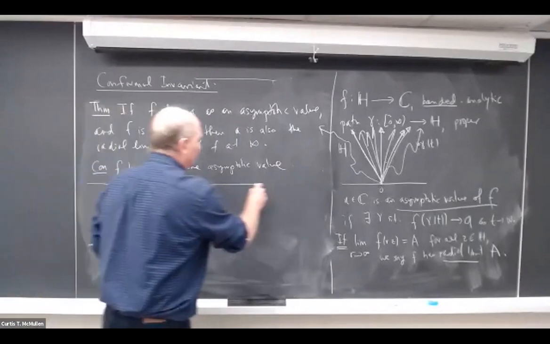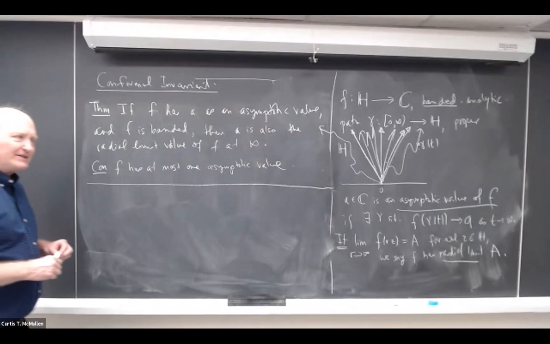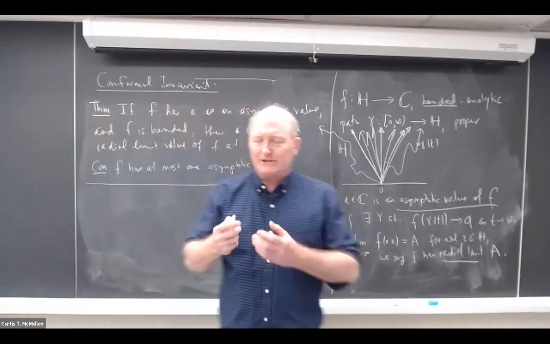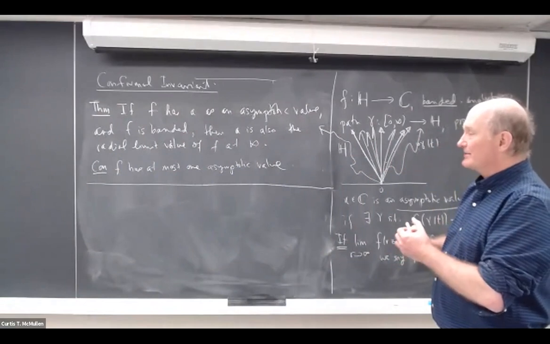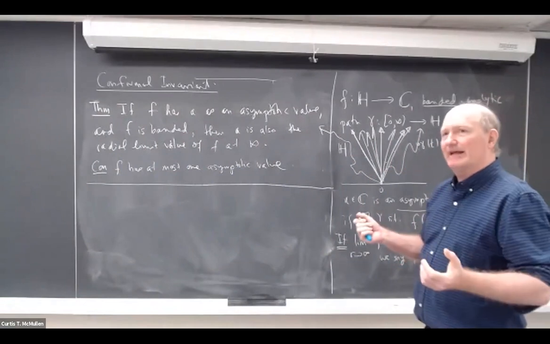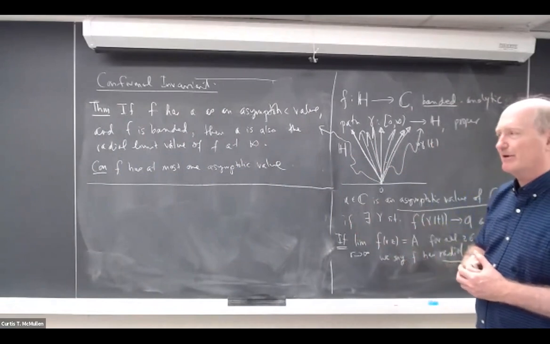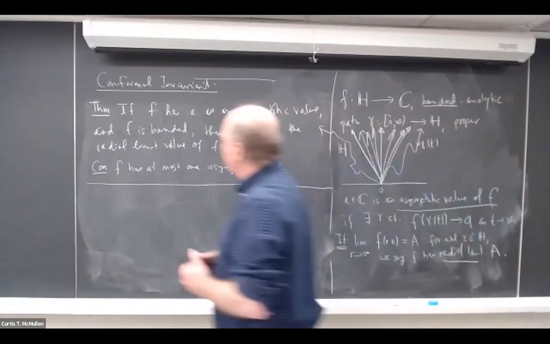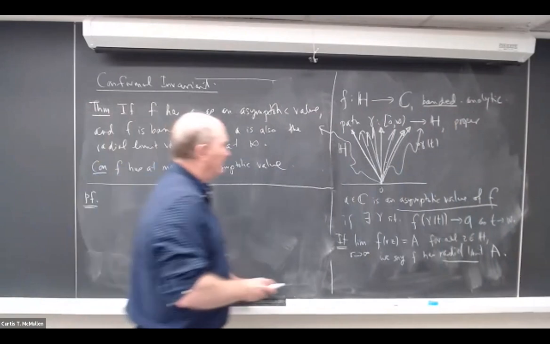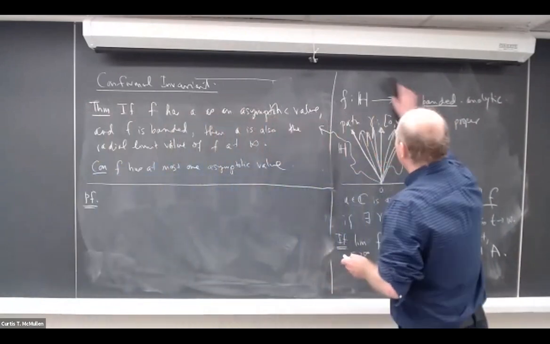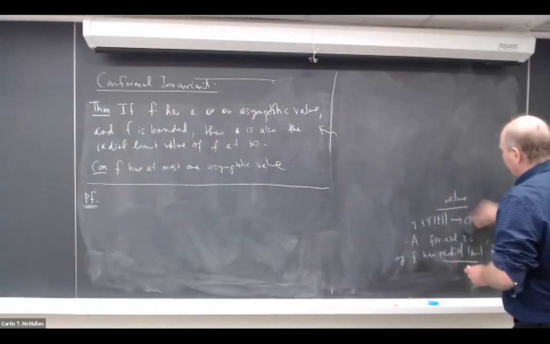So I bring up this theorem primarily as a way of showing how harmonic measure helps in understanding general analytic functions, and also how one applies the monotonicity principle. For the proof, I mostly want to indicate the ideas, because there are some technicalities in the proof, but they're just distracting from the main point. So for the proof,